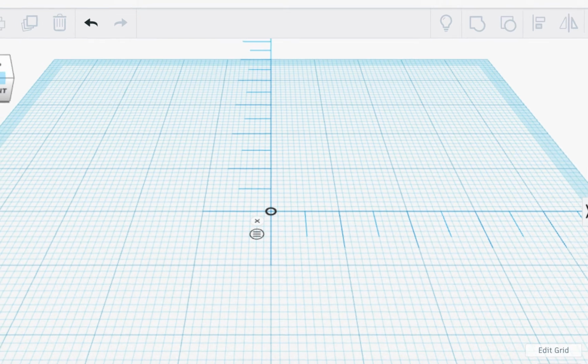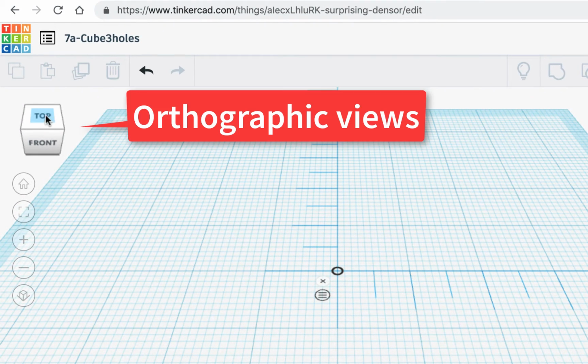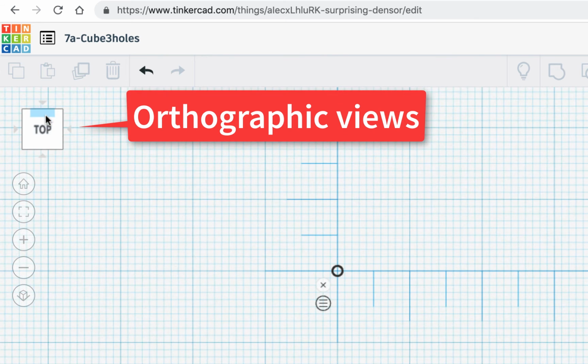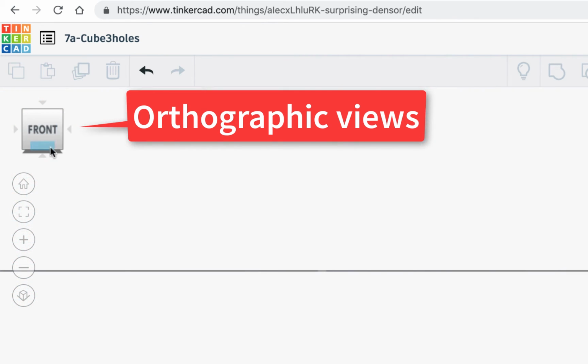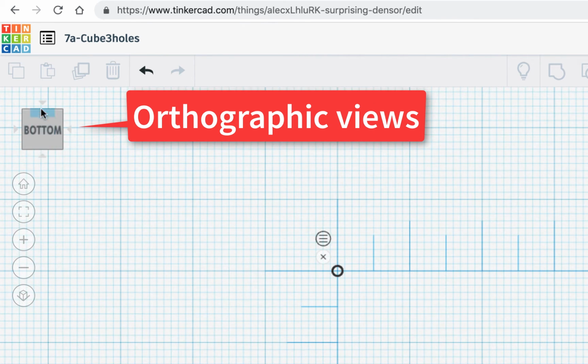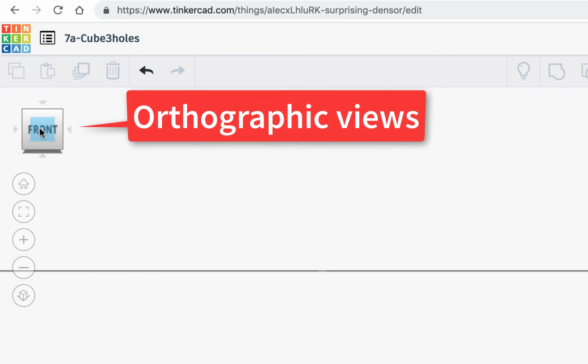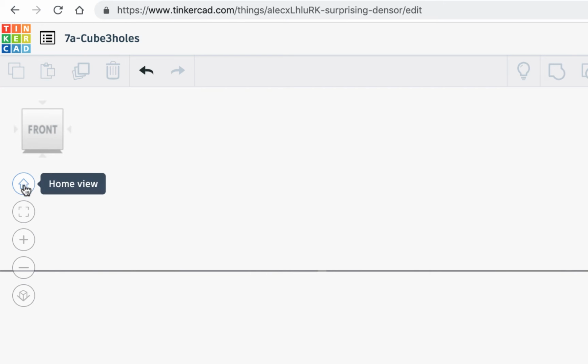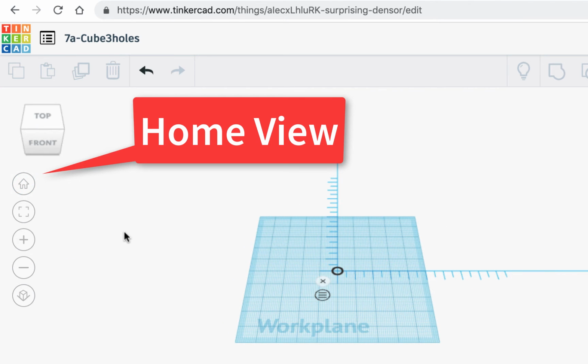And we have some things over here where we're going to be able to look at things. We're going to be able to go top, look at it from the top, from the front, there's from the bottom. We could go back up and kind of move all around. There's from the front, which just looks like a line from the side. Everything will just look like a line from the side. And this is home. So they have a home view here, so if you ever get lost, just go back